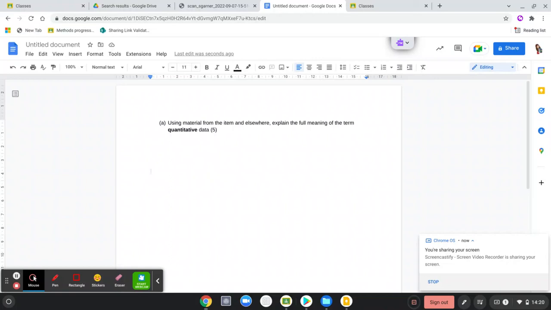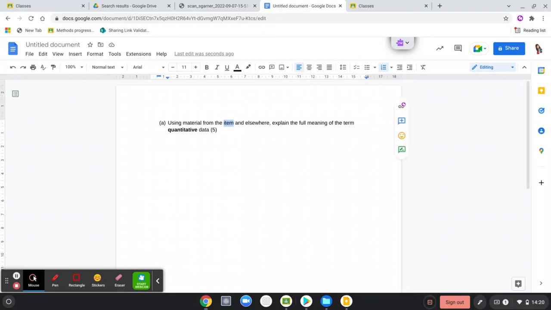Hello all, we're going to have a look at this 5 marker, which is using material from the item and elsewhere to explain the full meaning of the term quantitative data. So you have to use the item because it tells you, and it's asking you for quantitative data. For a 5 marker, what we call a 1A 5 marker, to get all 5 marks, you must provide a